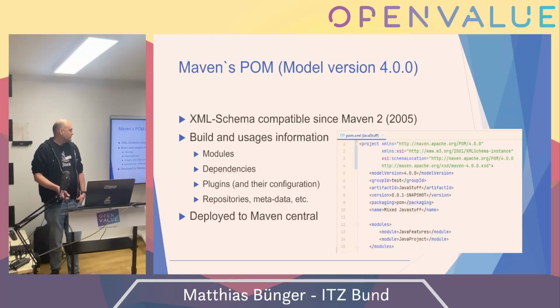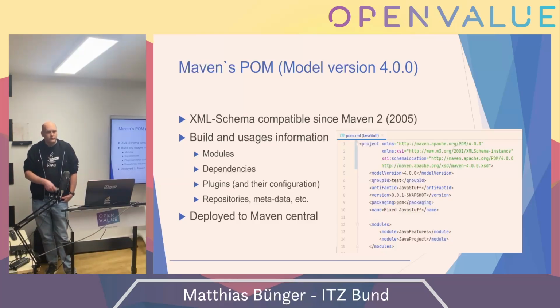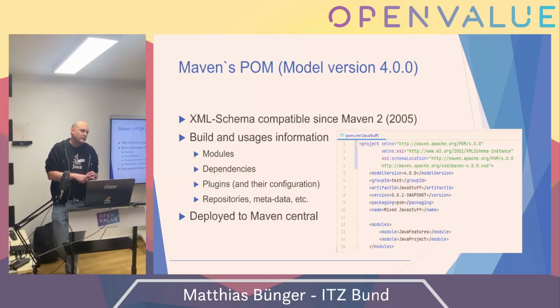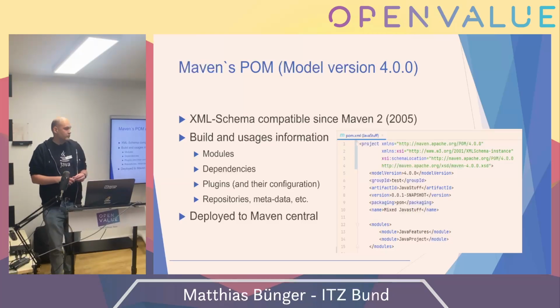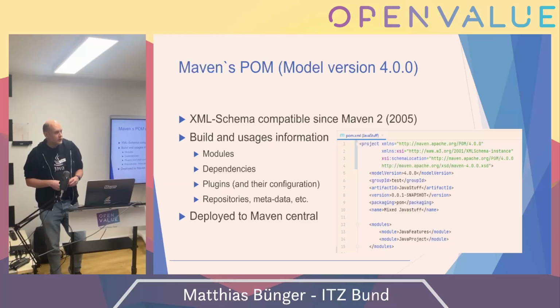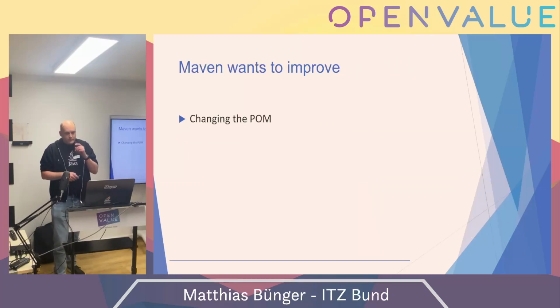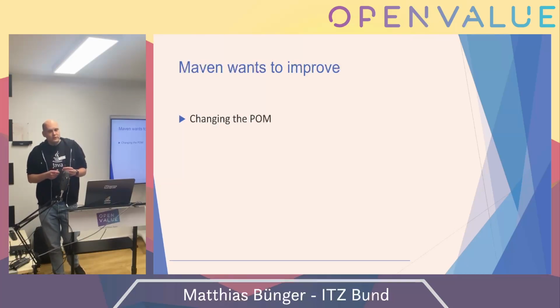Just as a basic understanding, we're talking about the Maven POM as we know it today, or better, the model version 4.0.0. It's a schema from Maven since 2005. It contains all the information we need for the build, like the modules, dependencies, plugin configuration, repositories. But it's also used by projects which are just consuming our library. And it's obviously deployed to Maven Central, so projects who want to use our library can read this information, especially about dependencies. So with this schema, which is backwards compatible since 2005,